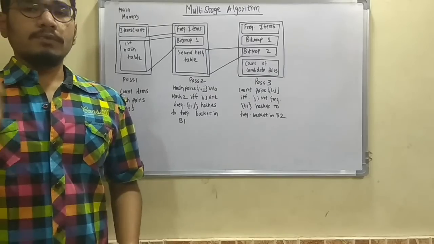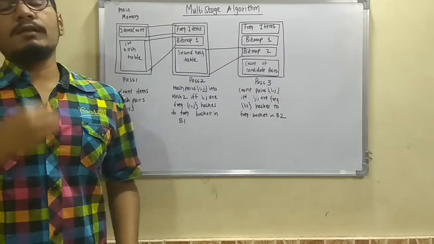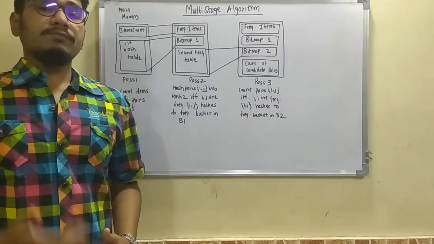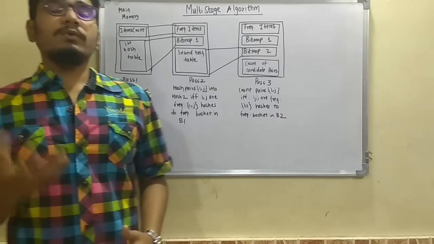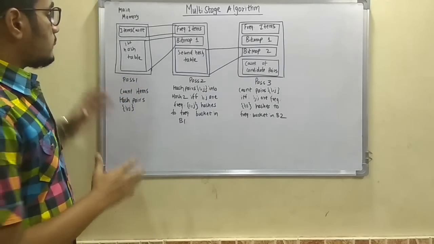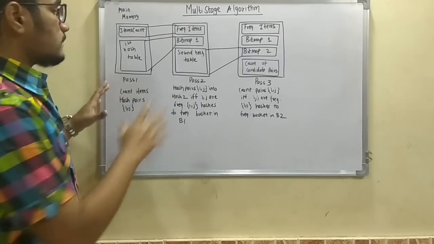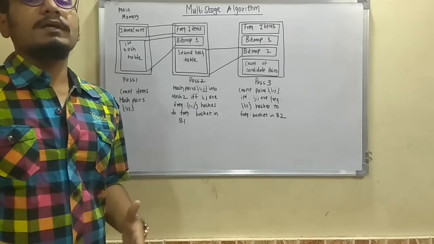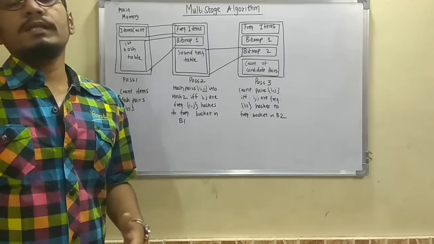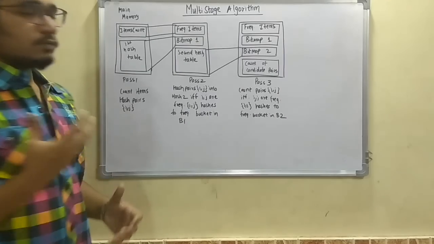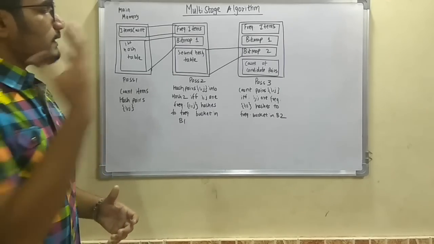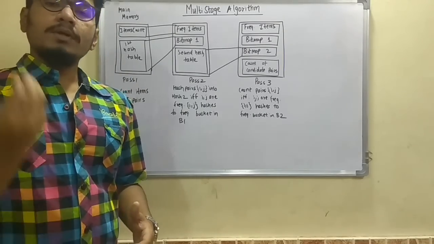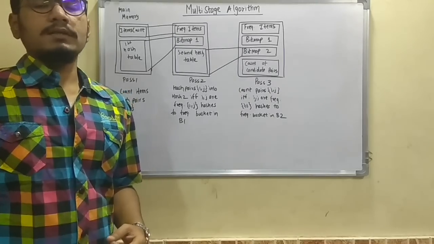As the name suggests, the multi-stage algorithm has many stages, depending upon the hash functions that you use to filter out the values which are required for further mapping into the bitmap vector. In our PCY algorithm there were only two passes, pass 1 and pass 2. In pass 1 it was the main memory map. From main memory it used to apply the hash function and then map to the final pass. Here there is a slight variation: there is a pass 2, the intermediary or middle stage, which will filter out only those candidate pairs which are required for the final pass